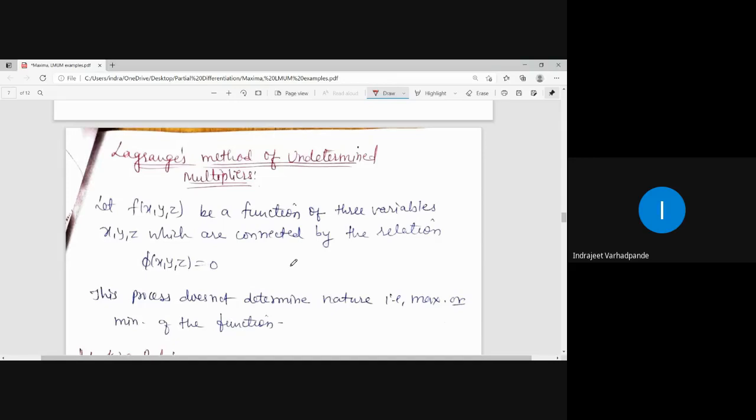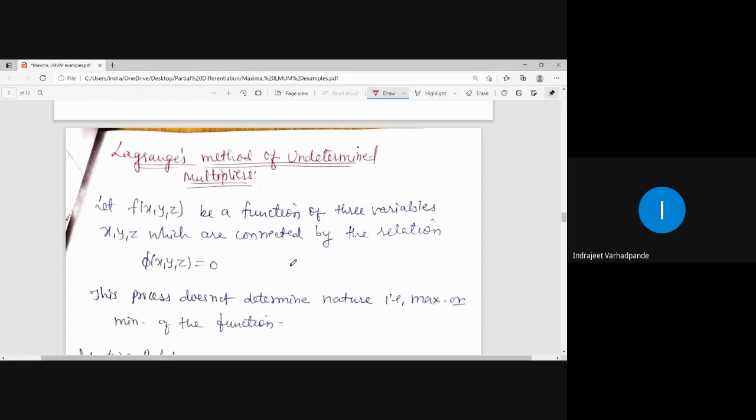Now, what does this method say? In this particular method, additional data will be required in the question. What is that additional data? A certain equation of the surface or a certain condition will be provided in the example, which we call phi of xyz is equal to 0, or an expression which can be converted to phi of xyz equal to 0, meaning a certain RHS is given, and transferring that RHS, we can bring the RHS to the value 0.